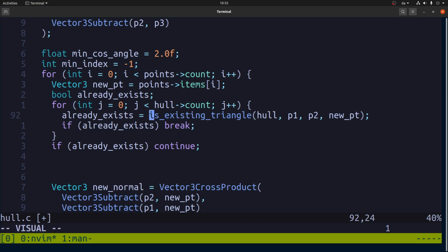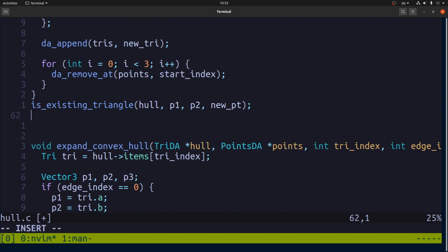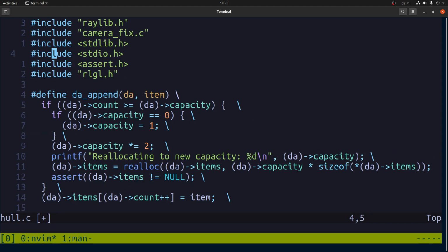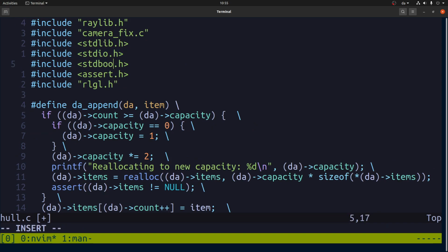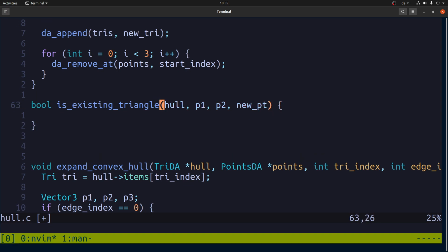So now we need to implement this function, which is going to return a boolean, but that means we need to include std bool. Okay, so we take a dynamic array of triangles, we take a few points like that,